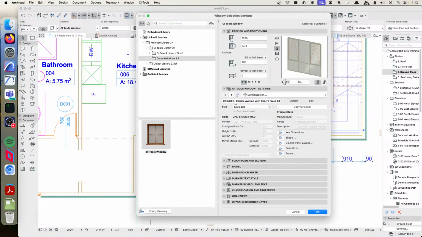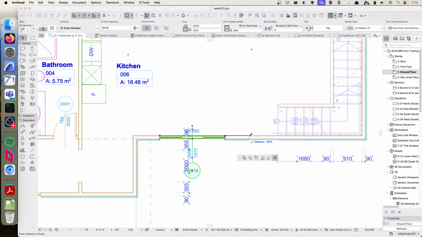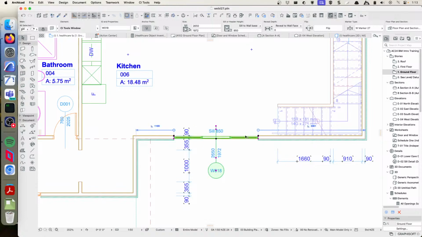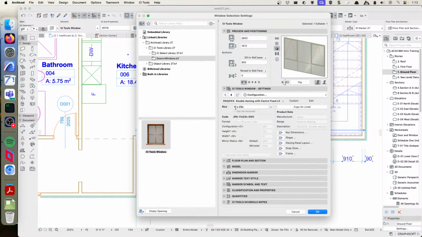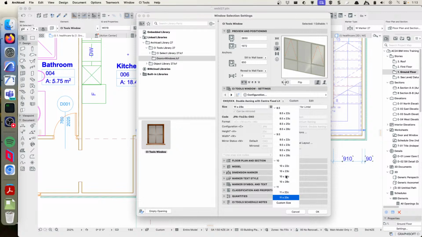But if we look in the settings now, you'll see that the snap sizing has gone down to the 8.5 bracket. And if I go back up again to very wide, again, it doesn't go to the full width that I gave it because there isn't one available, but it will have jumped up to the 11 snap sizing, and the same will happen vertically as well. So if I made it taller or shorter, it would snap to, looks like, a maximum of, well, if I'm in 11s, the maximum is 23, and it can go down as low as 22. Some of the other ones there's a bit more room to move around,